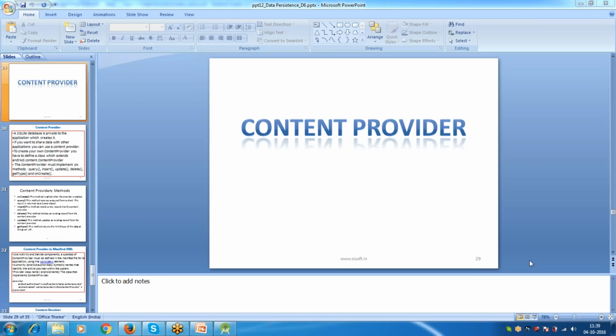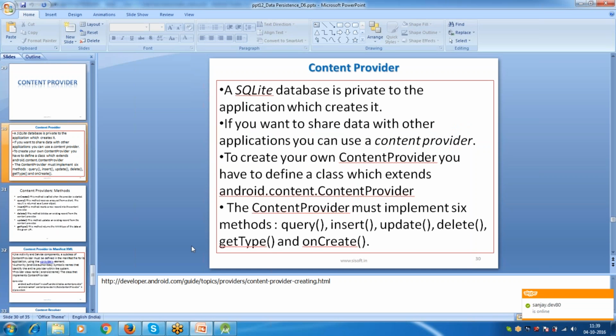So how do we access the content provider? Content providers are accessed by the content resolver. Out of the 4 components, 3 components, activity, broadcast receiver and services, are started by intent, whereas the content provider is accessed by the content resolver. So if Android wants to provide such options where others should be able to access it,